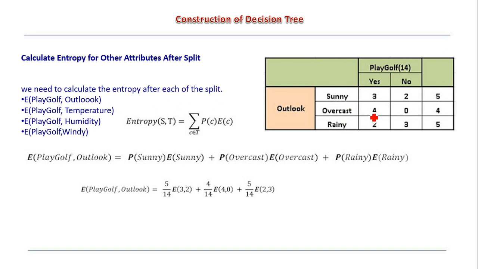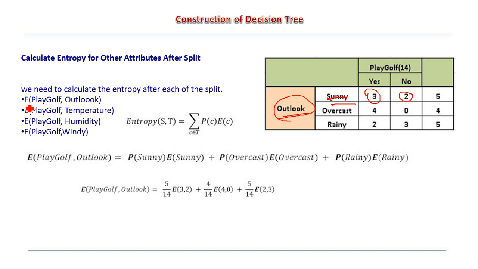So this is a frequency table of my outlook here. In the outlook, sunny, because I need to take the root node. Play golf is the root node here. So this is another possible attribute for splitting my decision tree. Sunny here, we have 3 values for yes and 2 are no. Total number of observations here is 5, whereas in overcast we have 4, in rainy we have 5.